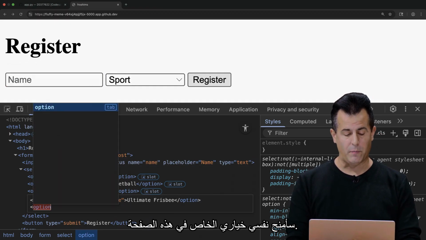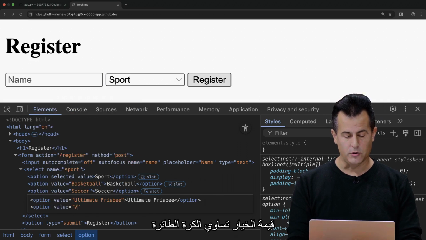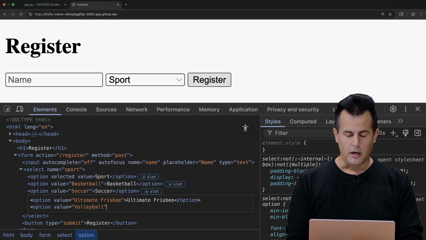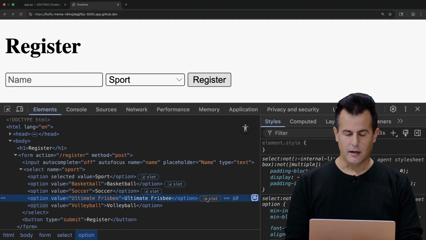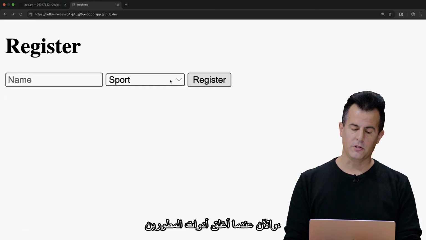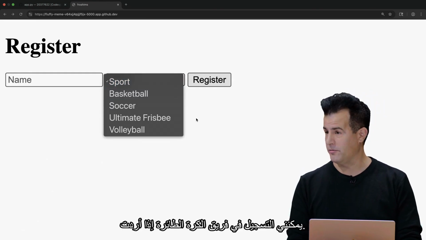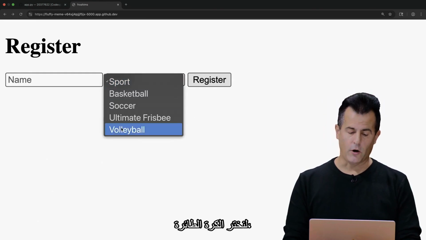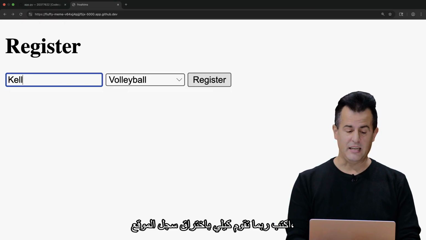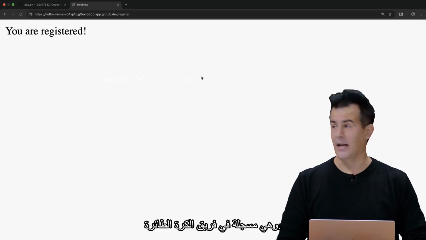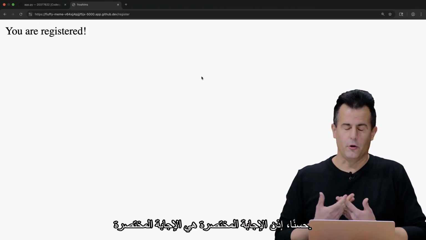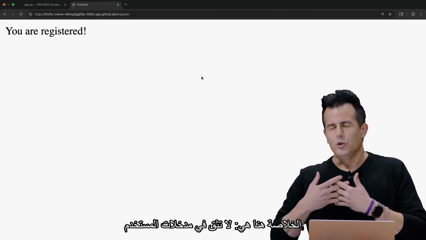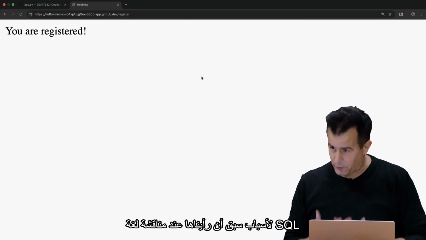I'm going to give myself my own option. Option value equals volleyball. Close bracket, volleyball, enter. And now, when I close developer tools, woohoo, I can register for volleyball if I want. So let's select volleyball, type in maybe Kelly is hacking the site, register, and she is registered for volleyball apparently. All right, so the takeaway here is, do not trust user input, ever, for reasons we've